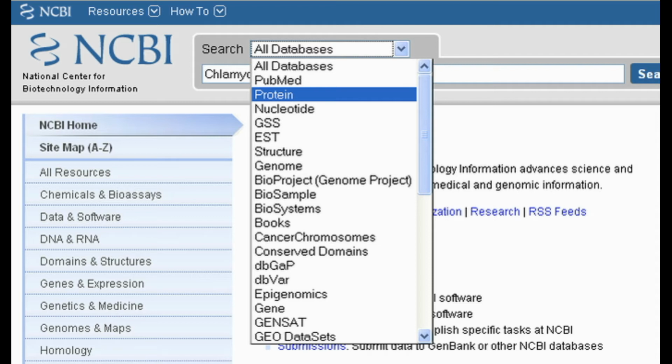In addition to genomic and transcript sequences, the reference sequence database contains protein sequences that are curated and computationally derived from these DNA and RNA sequences.